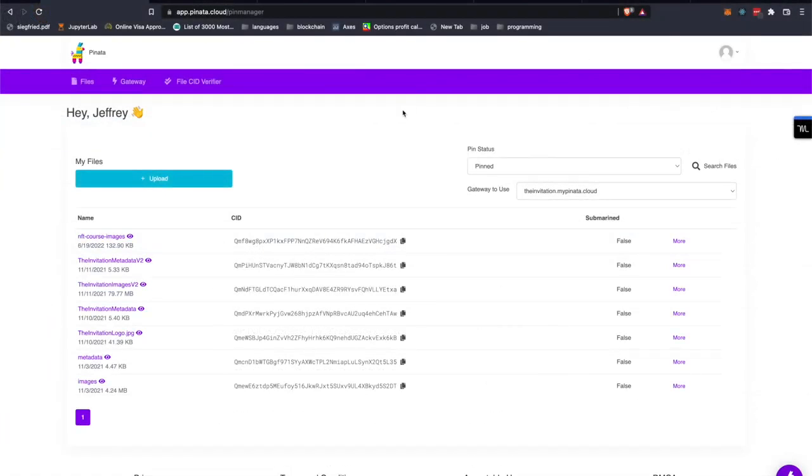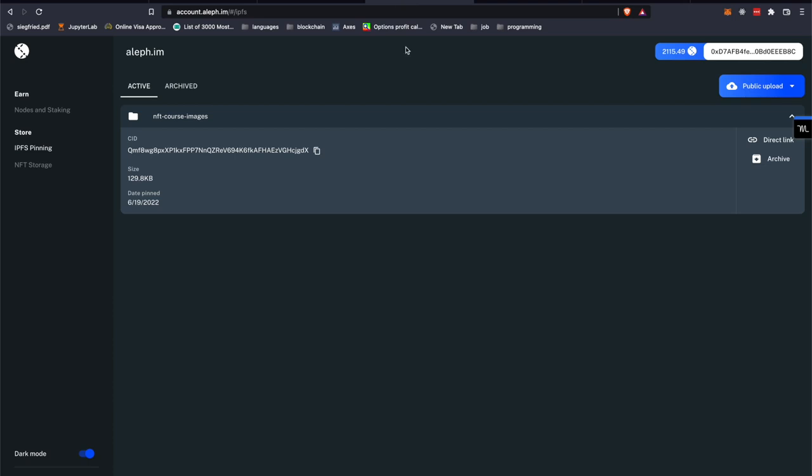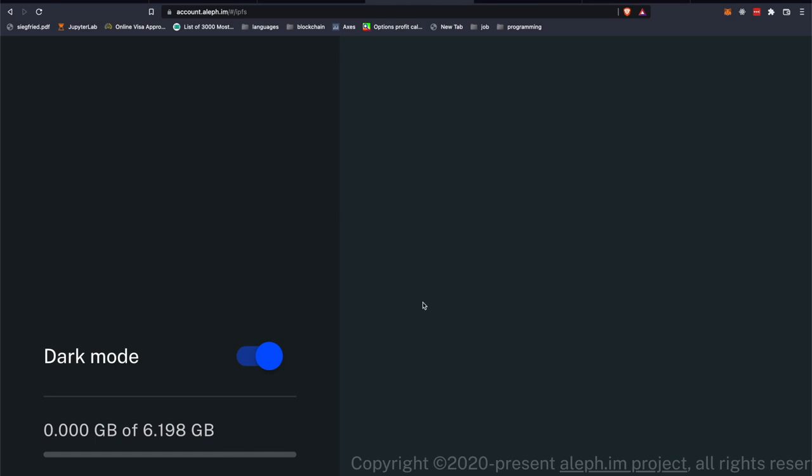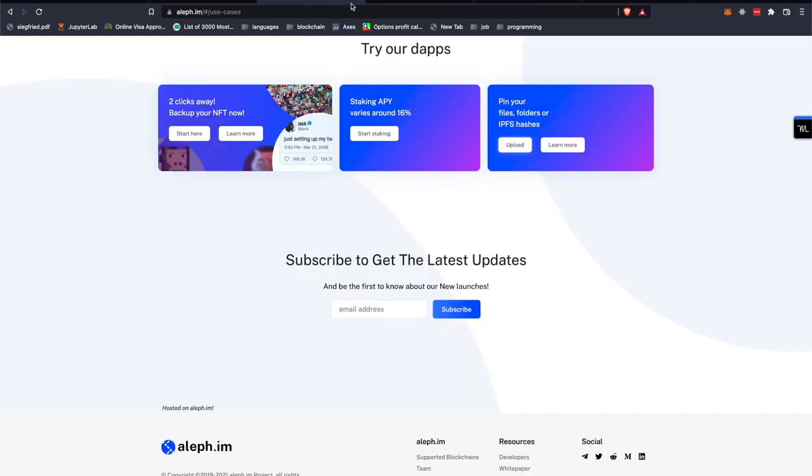The final way to store NFT files is with aleph.im, which is a decentralized hosting service. So in order to use this, you're going to need to have some aleph.im tokens in your wallet, and that will give you a quota of how much you are able to upload. So you can get there by going to